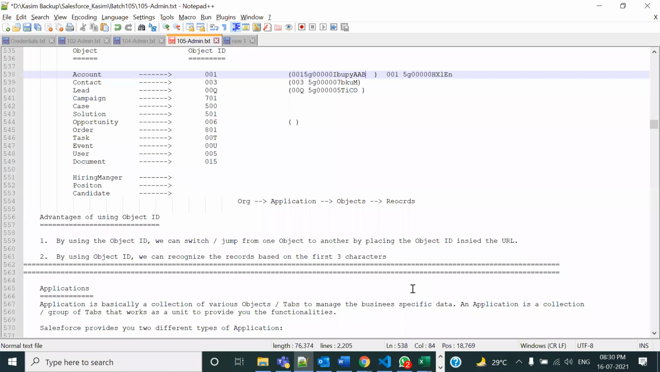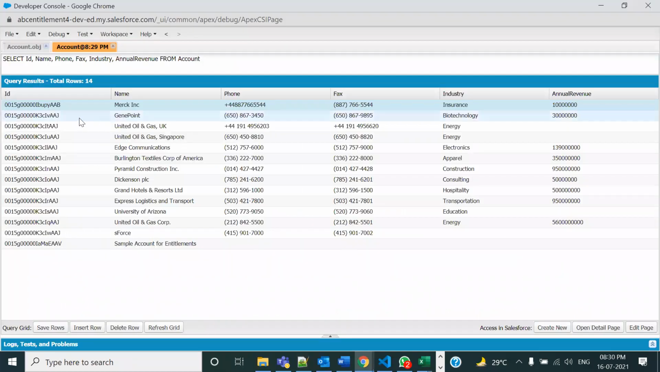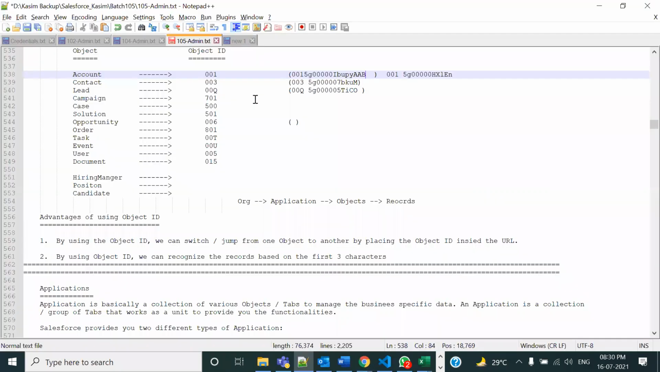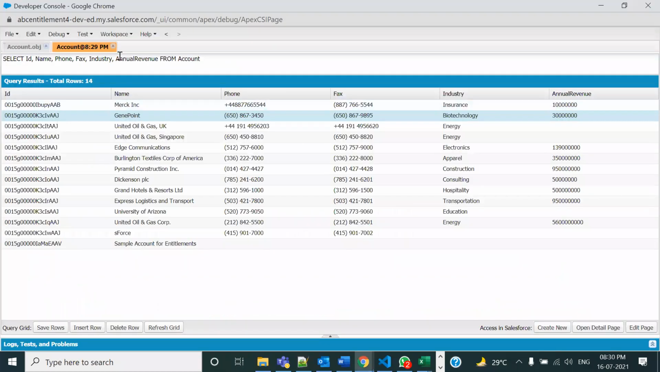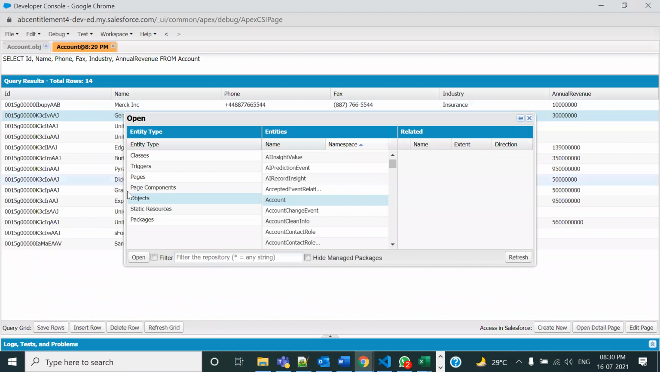ये रिकॉर्ड आईडी, 18 डिजिट रिकॉर्ड आईडी, कॉपी किया, आई एम गोइंग टू पेस्ट इट ओवर हियर, ठीक है। तो ये मैंने कुछ रिकॉर्ड आईडीज हैं जो यहाँ पे पेस्ट कर दिया, ठीक है। दिस इज रिलेटेड टू अकाउंट ऑब्जेक्ट। अभी ये तो मैं आपको बोल रहा हूँ इसलिए, लेकिन रिकॉर्ड आईडी को देखे कैसे पता चलता है, आइए देखते हैं। लेट मी ट्राई टू गो विद फ्यू मोर अकाउंट, लेट मी ट्राई टू गो विद द कॉन्टैक्ट।